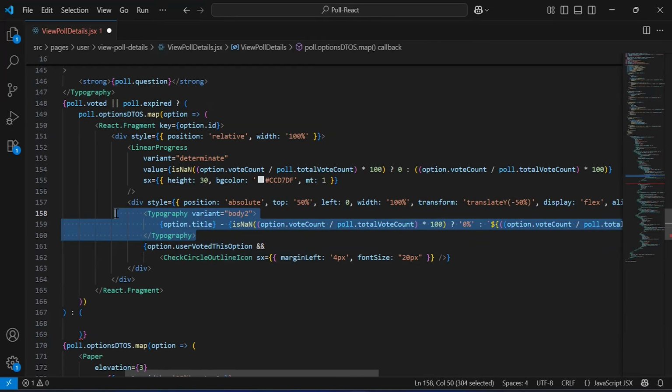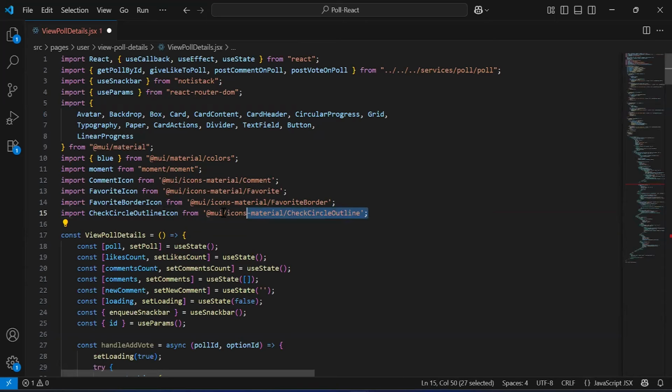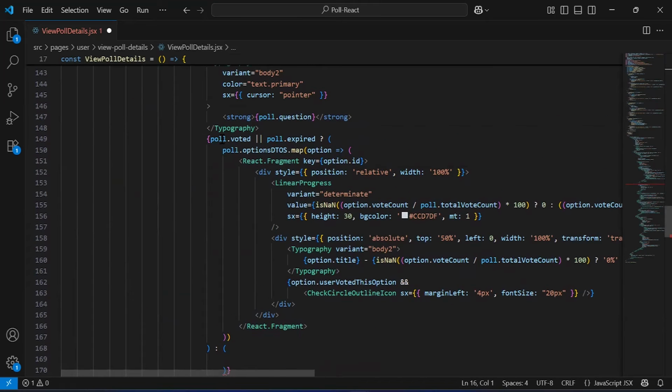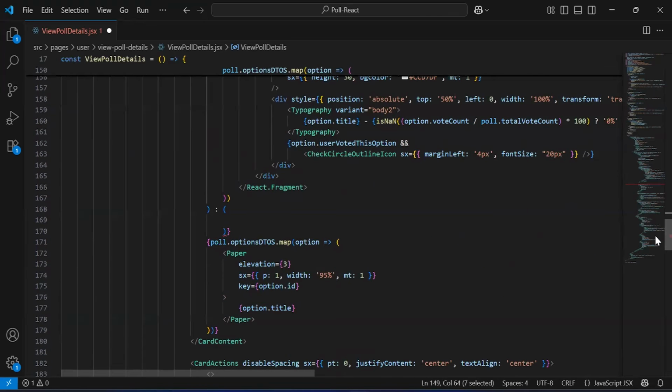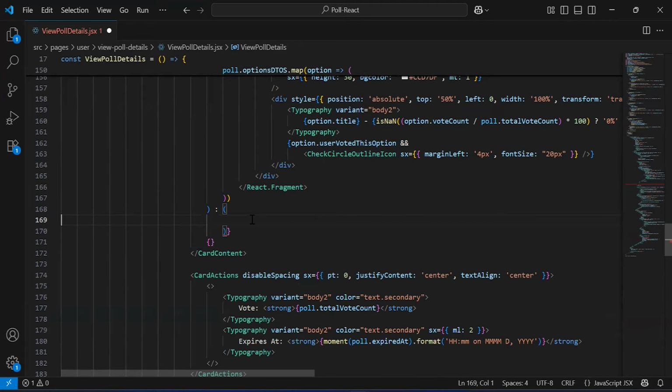After this typography tag, we have to show this icon when option.userVoted is true. I'm going to import this icon on the top. As you can see, the import. In case poll.voted or poll.expired is false, then we have to show all the options. So let me cut this. Let me add it inside this block,